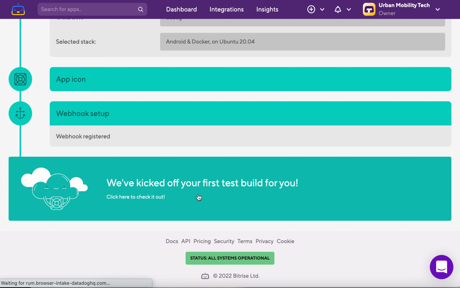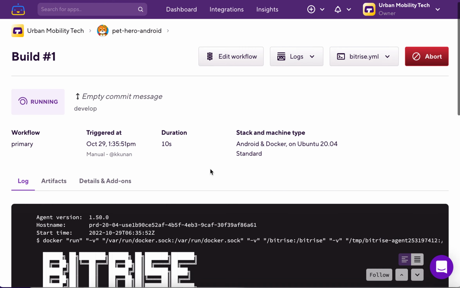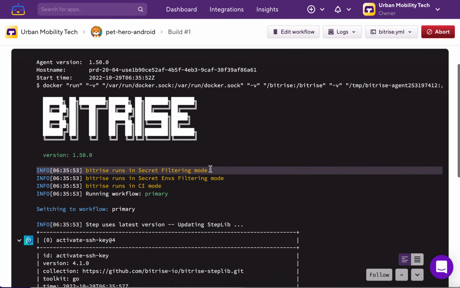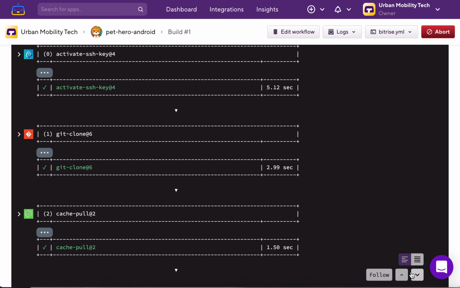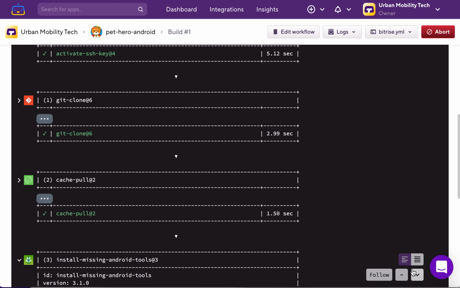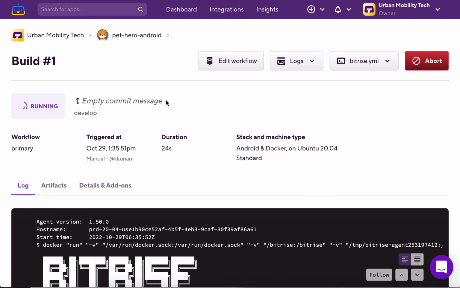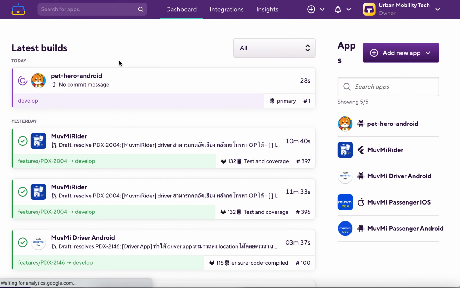We can click here to check the build that's running, and this is the screen for the build and logs. You can see it does a couple of things like clone the project, pull, and install things. Let's get it run and see on the main page. You can see that this one is already running, and in the meantime I'm gonna add another kind of app,